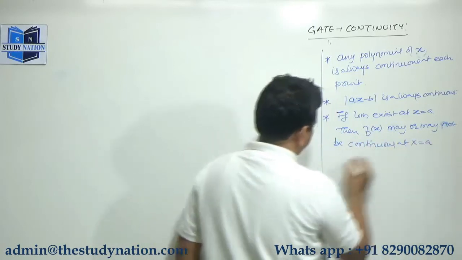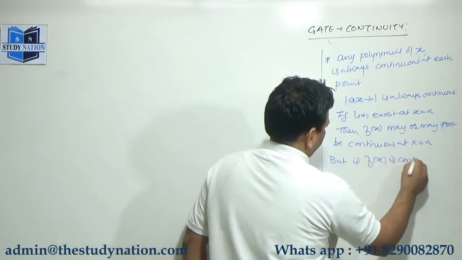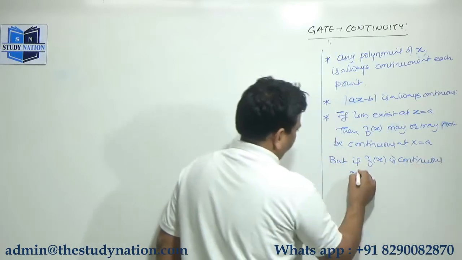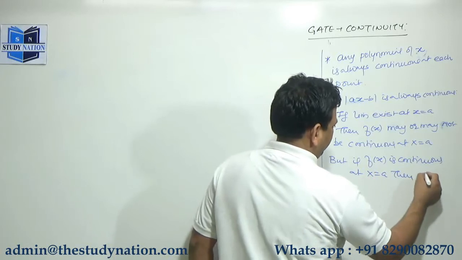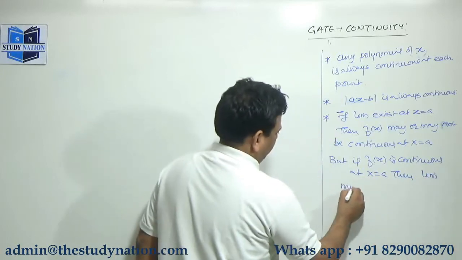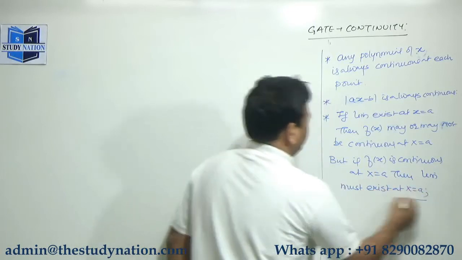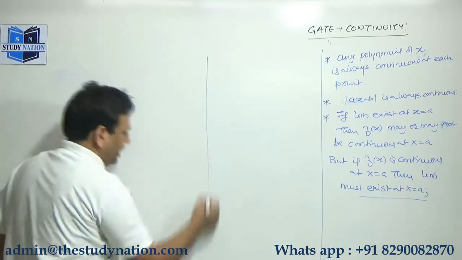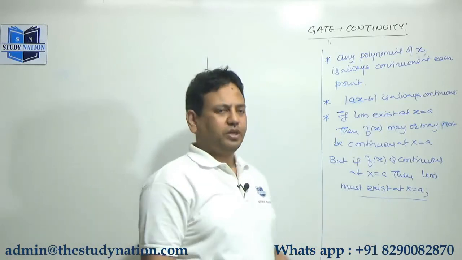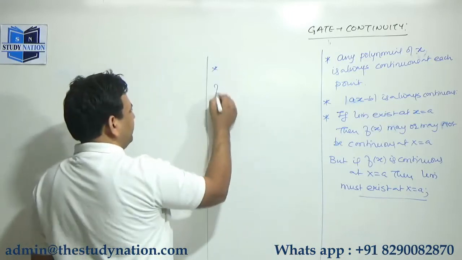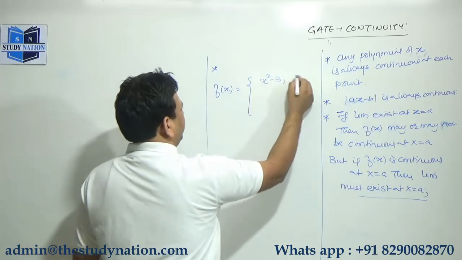But if f(x) is continuous at x equal to a, then the limit must exist. So continuity is more restricted than limit. So if the limit exists, then only we will talk about the continuity. So I am taking an example. Suppose a function is defined as x square minus 3 if x is equal to